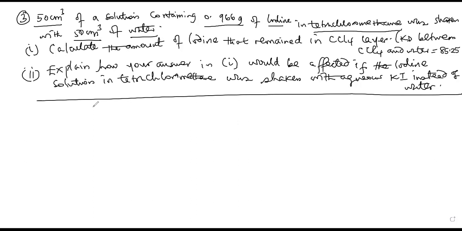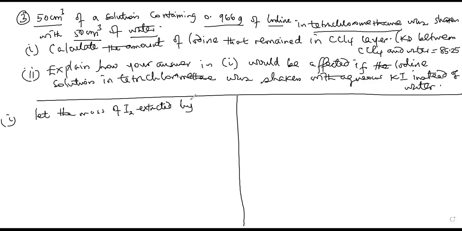Now, since they gave me the mass of iodine in tetrachloromethane, I don't know the mass extracted by 50 cubic centimeters of water. So I'm letting the mass of iodine extracted by 50 cubic centimeters of water